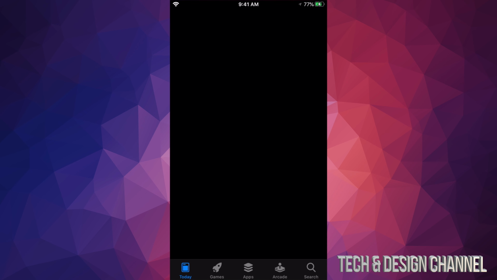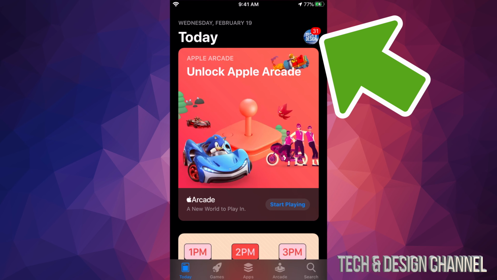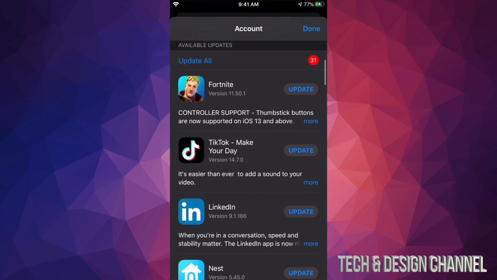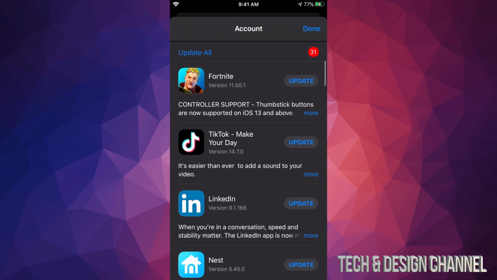In your App Store, you will see on the top right hand side there should be a circle with an image in it. It could be an image, could be a letter, could be anything you guys chose. So in this case, we're gonna tap right there, and once we tap there, you should see this screen. If you scroll down, we will see Update All, on the top left hand side, and we can go ahead and update all the apps